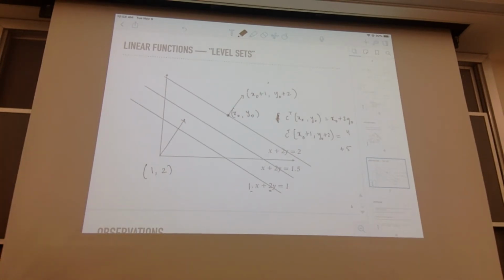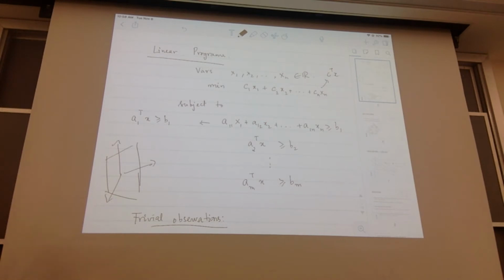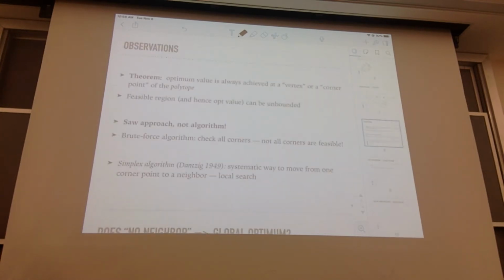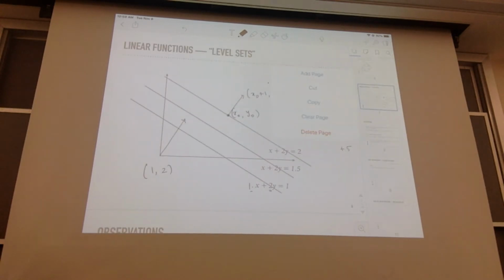And using this observation, we said that now you have a great way of solving a linear problem, or at least characterizing a solution. You know that the objective function is just defined by how far along you are in this direction. So there is a specific direction corresponding to the C. So one of the observations, and this is jumping one step ahead, but maybe I'll do this,